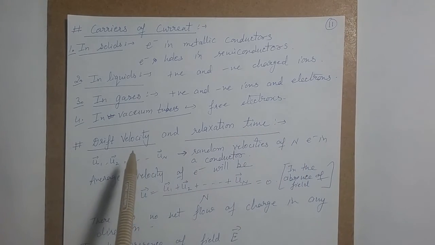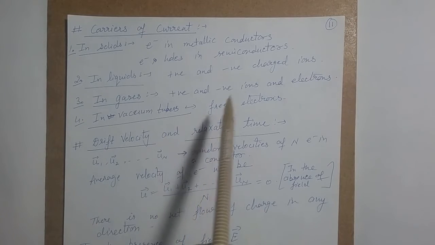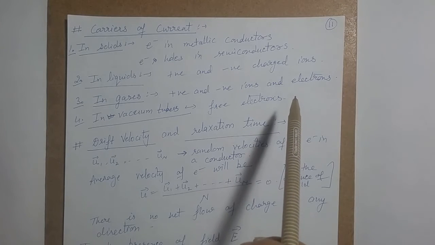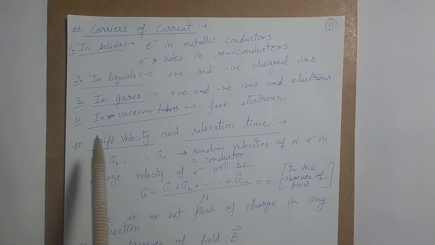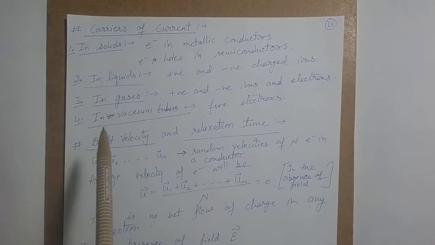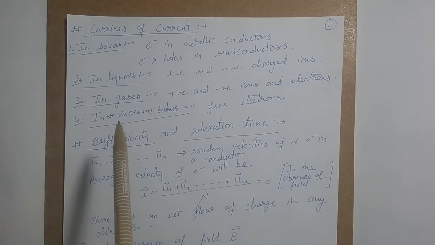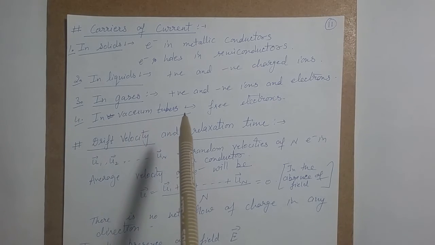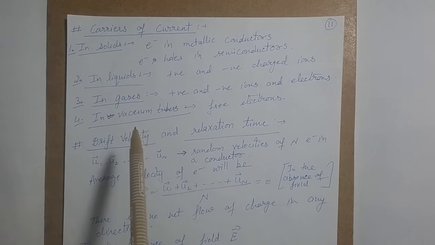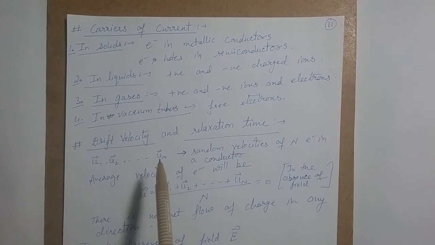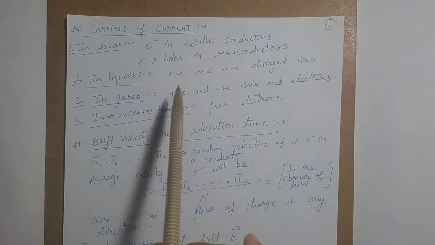Because our air is a mixture of so many gases, and in the previous chapter we studied about static charges, and these are nothing but the electrons. In a vacuum tube, like the cathode ray tube, we have free electrons. So we are using these to get the flow of charge carriers, and when we heat these vacuum tubes, the free electrons start flowing from one terminal to the other terminal of a given vacuum tube. Now these are the charge carriers.